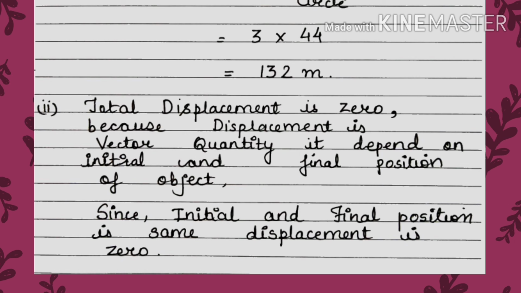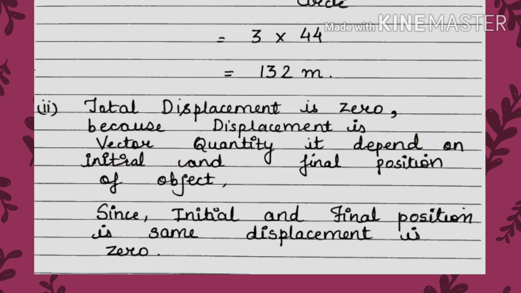Now let us calculate the displacement. As you know, displacement is a vector quantity, and it depends upon the initial and the final position of the object. It is the shortest length of the path covered by the object. Here you can observe that the person started its round trip from point A and again reaches point A in the first round. Similarly, in the second round, it starts its journey from A and again comes back to A. Similarly, in the third round, it started its journey from point A and again reaches point A, which means that the initial and the final position of the person is the same.